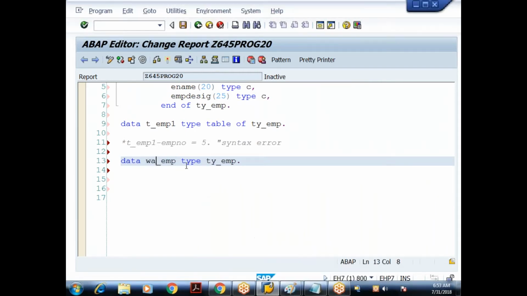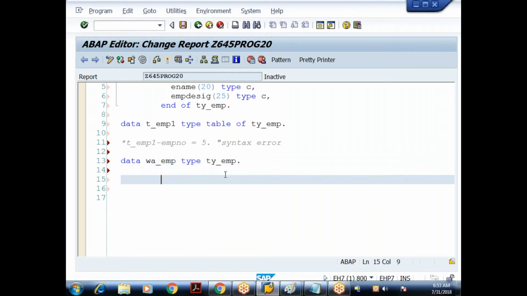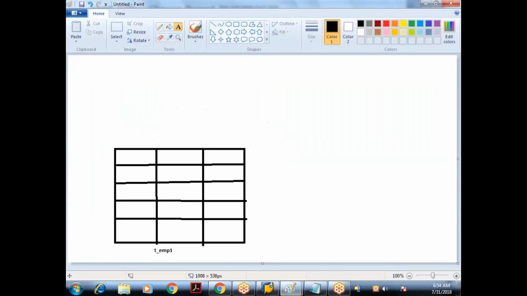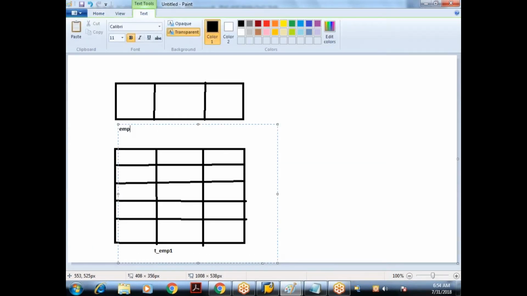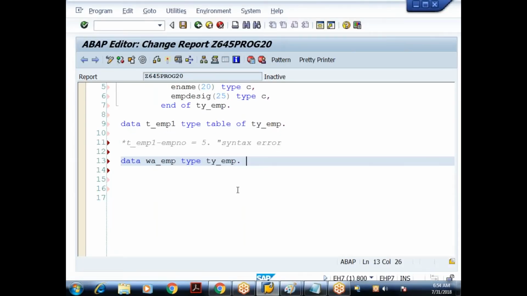So we are creating a separate header now. Okay, this work area also is created based on what? Same types declaration TY underscore EMP, which has got how many fields? 3 fields. So what I did is I declared an explicit work area. Explicit means a separate work area based on the same types declaration. So what are the fields here? Work area also contains same fields. Internal table also contains what? Same fields, because both are created based on same types declaration. EMP number, employee name and employee designation, done.